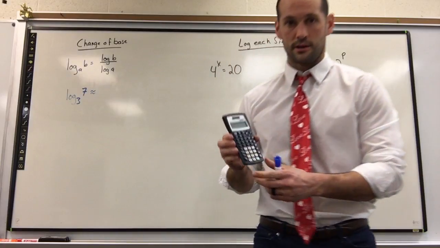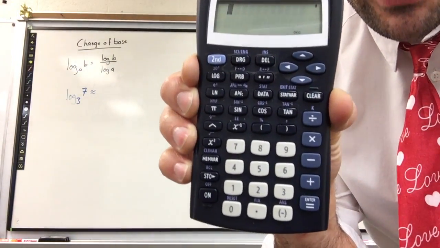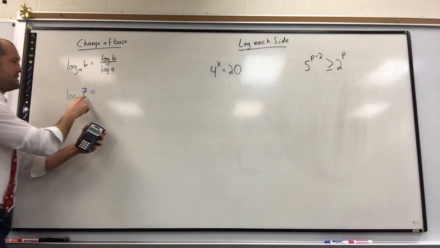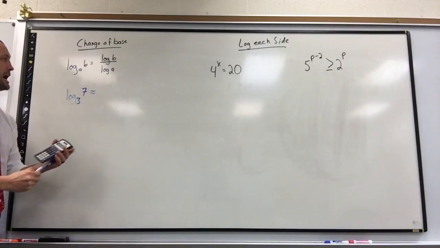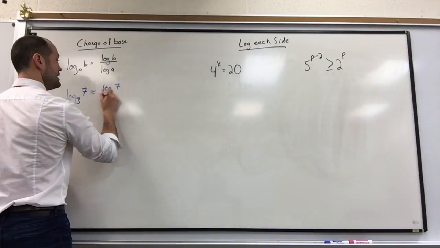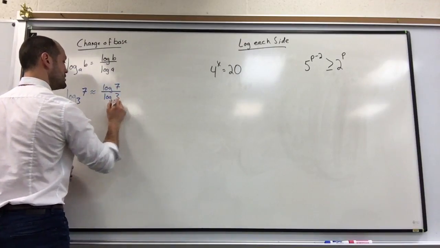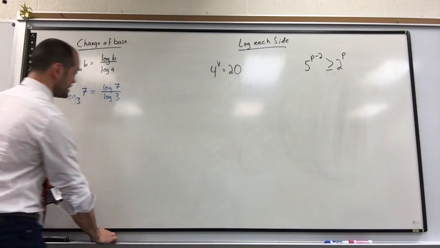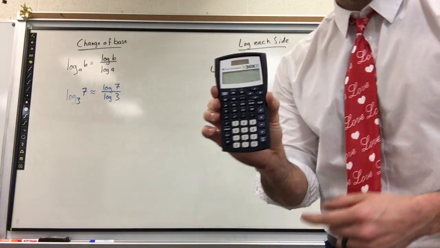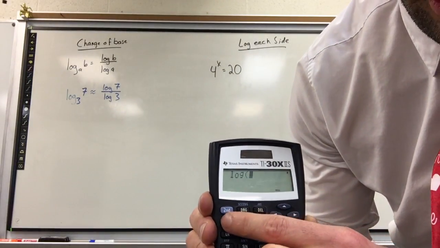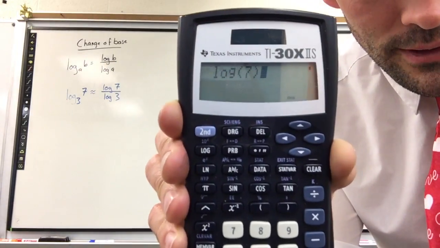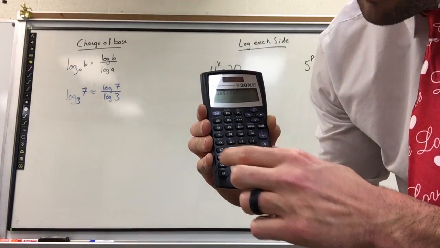Now, there's a button on your calculator. It says log on it. It's spelled L-O-G for those of you who don't know how to spell. So this log base 3 of 7, I'm going to be able to evaluate by taking log 7 and dividing it by log 3. Now again, the reason I like this calculator is I can do everything in one step. So I'm going to take the log button, log, the log of 7, end parenthesis, very important, end parenthesis, divided by